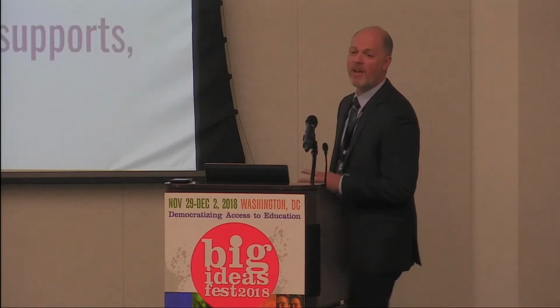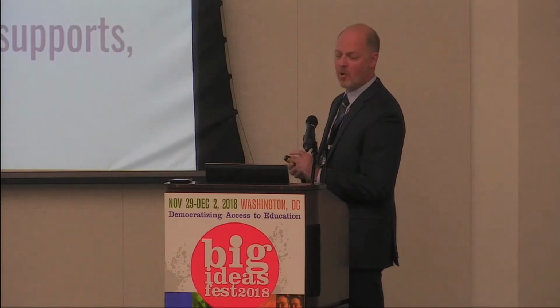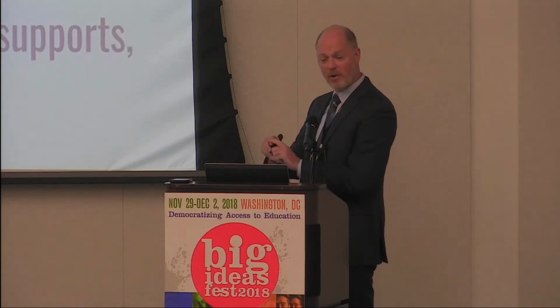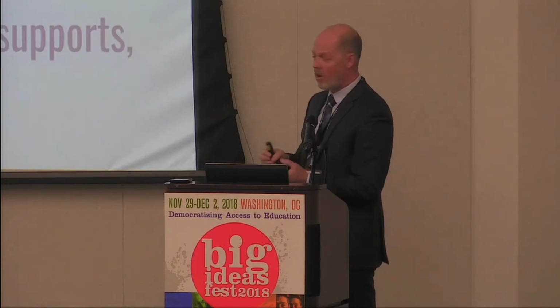We also had 3 layers of resources. The top is core content, so that's like our textbook. We have to have a textbook. State of California says you have to have a textbook for a class. So we have created a top-level core content part of our materials, and that's all based on open resources.